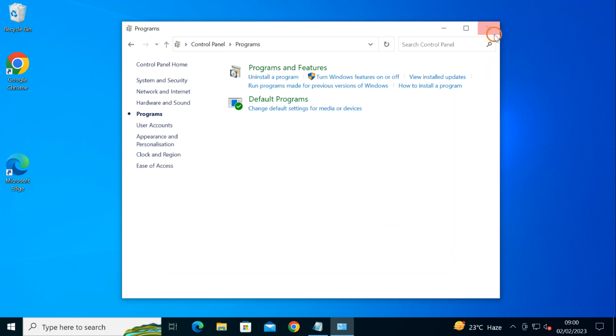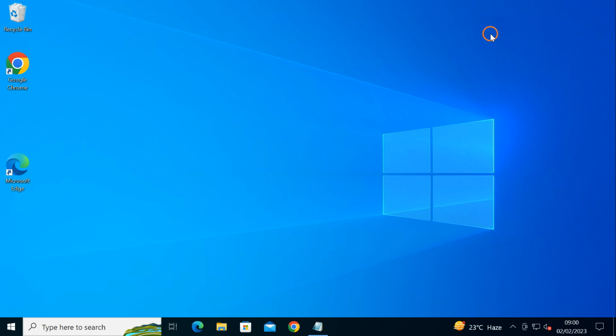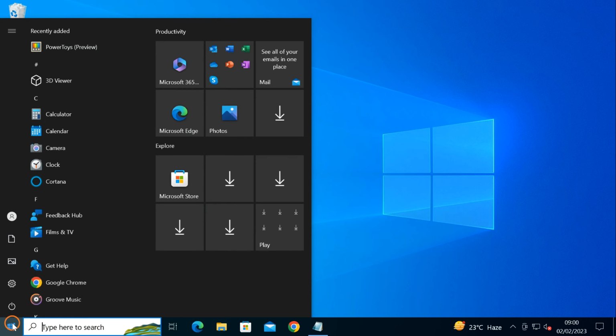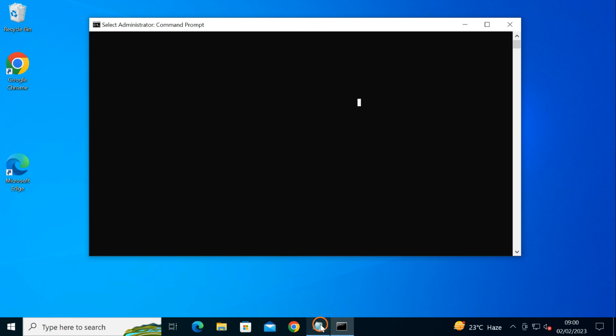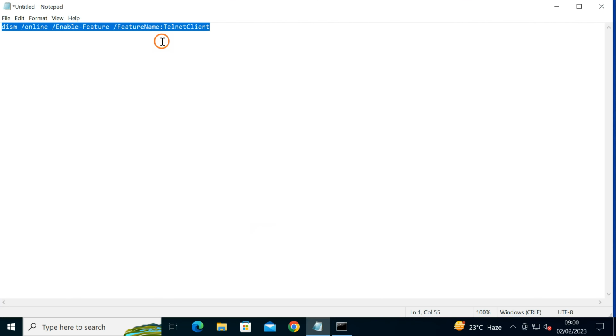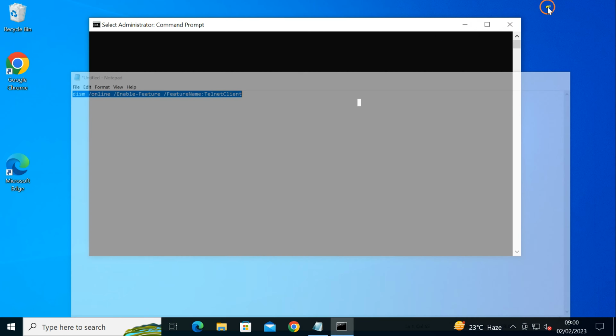And if you want to install Telnet through Command Prompt, then click on the Start button and type here cmd, right click on the Command Prompt app entry and select Run as administrator, then copy and paste this command from this video description.